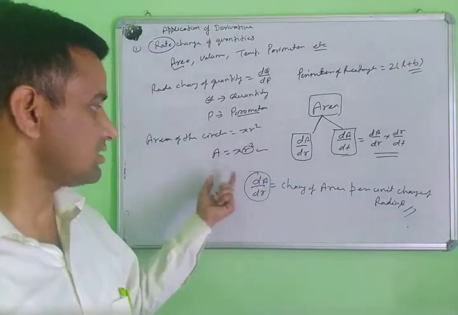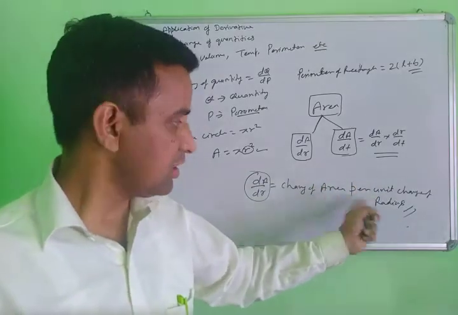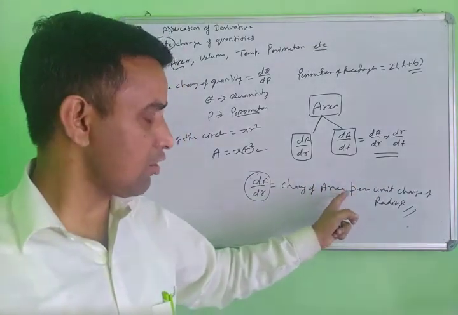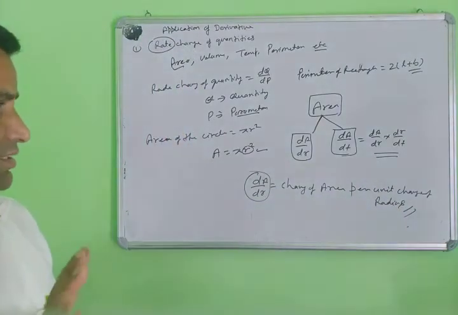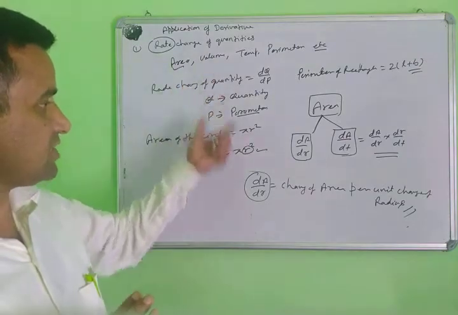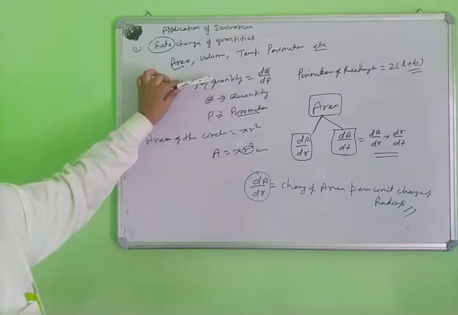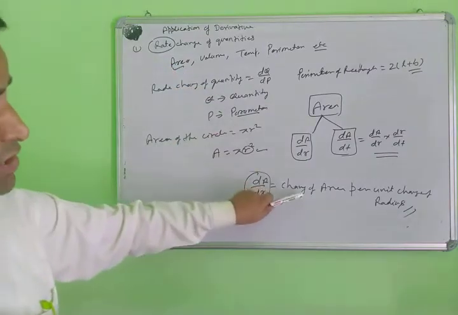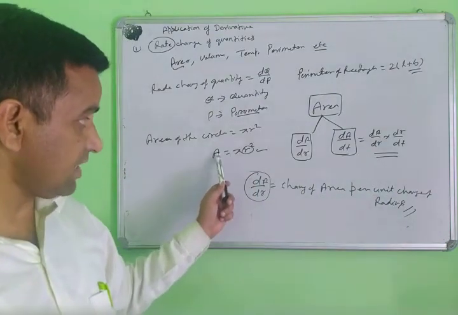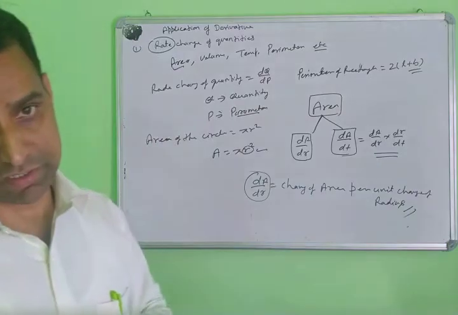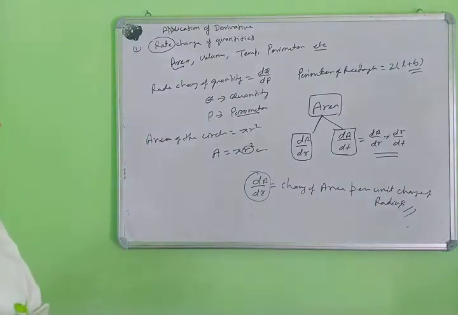Suppose this is a circle. Suppose this is a rectangle. The change of the area of the rectangle per unit change of the length, or per unit change of the width, same figures. This is very simple. You will understand what the change is and what the rate of change is. The rate of change means change of the quantity per unit change of the parameter of the quantity. This is the quantity and this is the parameter of the quantity. So yes, note down, and then the exercise.